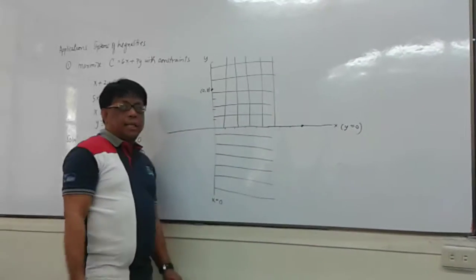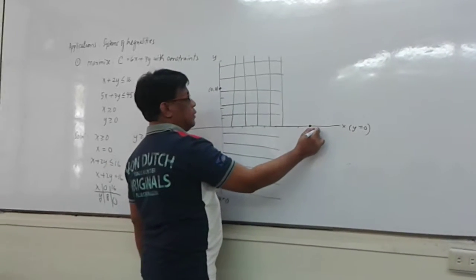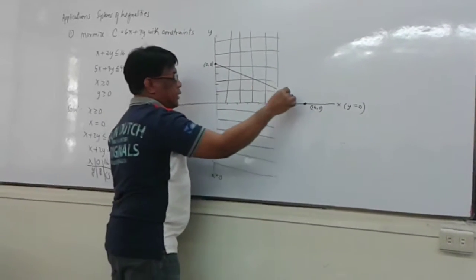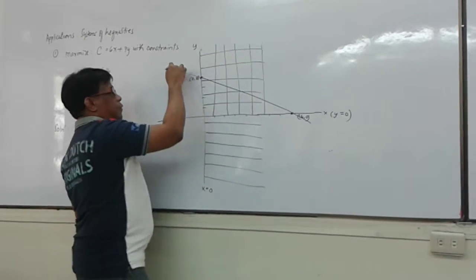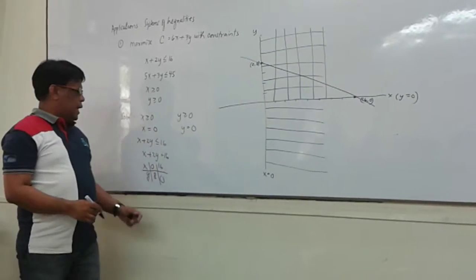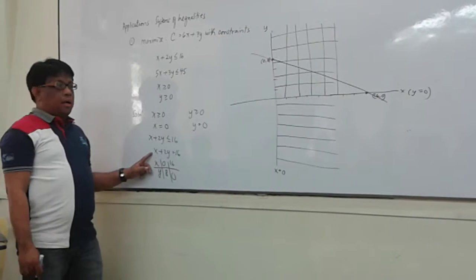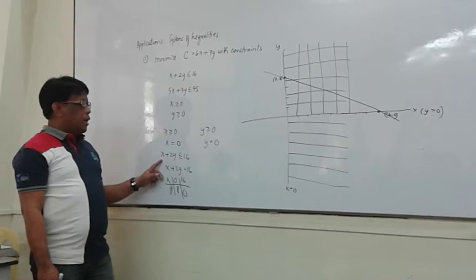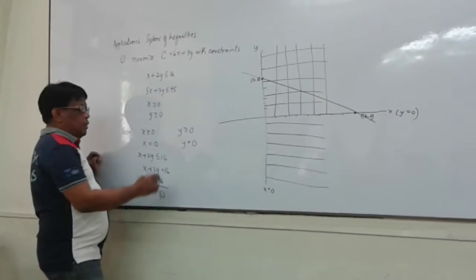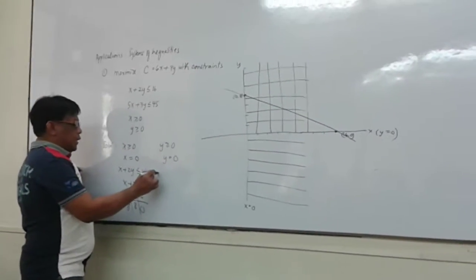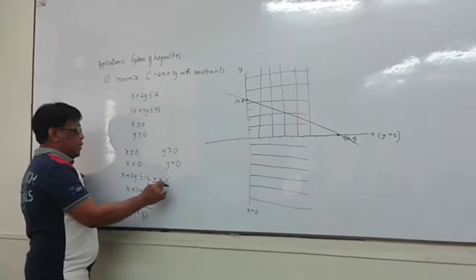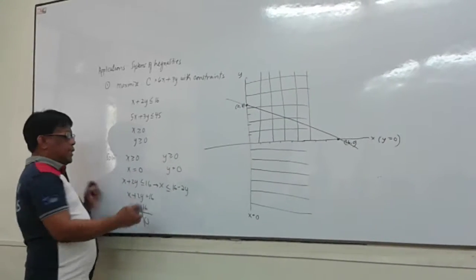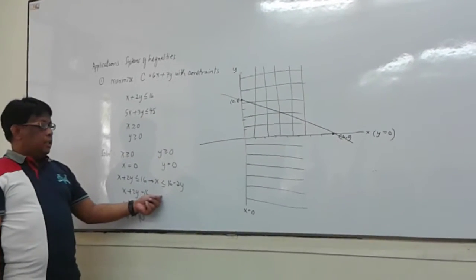Then let us now connect these two points. As you can see, this is now the graph of the line x plus 2y equals 16. So let us now determine the solution to the inequality x plus 2y less than or equal to 16. We can express x in terms of y here, so x is less than or equal to 16 minus 2y. And what is then the solution set for this inequality?